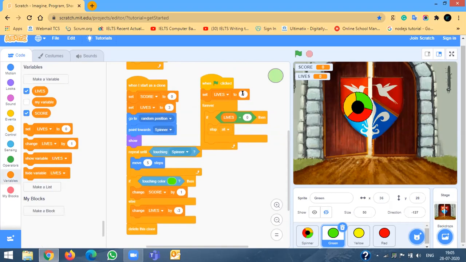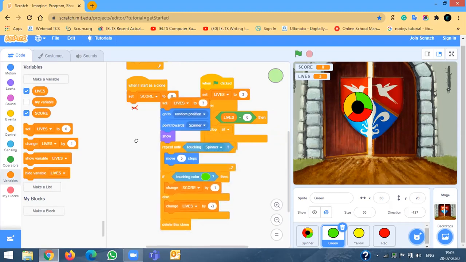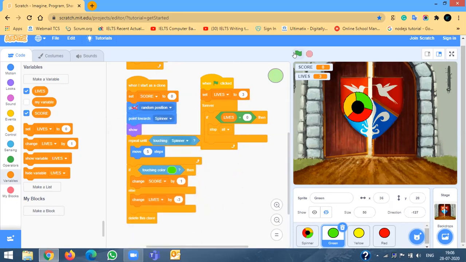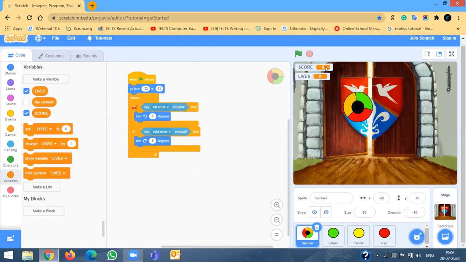Set life to 3. Yeah. Then remove this part, right? When I start as a clone. If you have done it for everywhere, do it everywhere, okay? I did not do it everywhere. Okay. So my code is perfect now. Very nice.